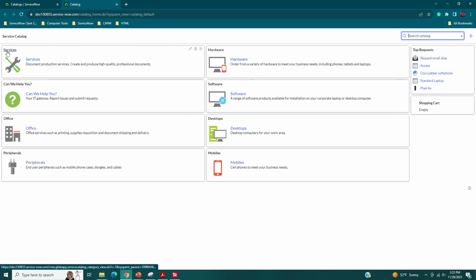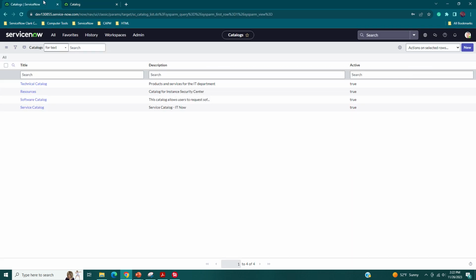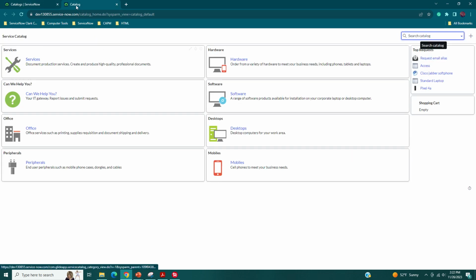So you have your categories: services, hardware, software, can we help you, and so on. And it would probably be fine because there's not that many on here, where I could have just added the Adobe one here, the Microsoft one, the desktop support here. But on my work instance, it is very cluttered. We have a lot of different types of catalogs. So I guess I could have made a primary category and then some child categories. I could have done it that way and then pretty much had everything exist on the service catalog,